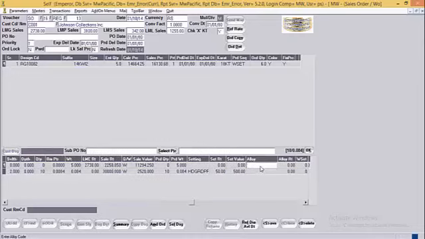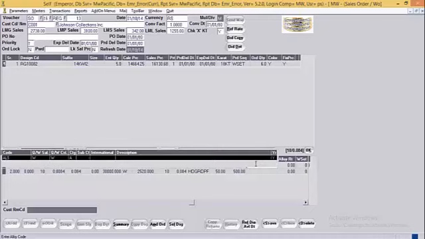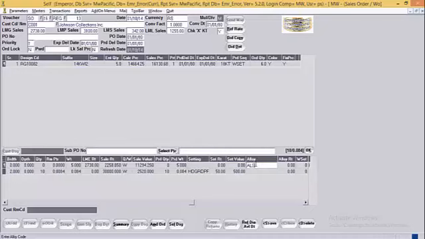Then the alloy. If user wishes to charge for specific alloys or wishes to use a specific alloy, then can mention the alloy code over here. If the rate has been specified for the given alloy, system will bring the alloy rate from the rate chart, or else user can manually type the rate over here. For example, we can charge 80 rupees per gram for this alloy. Accordingly, system will change the sales rate for the gold over here, as we can see.